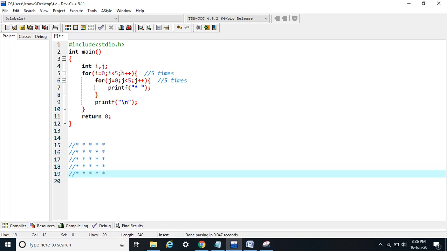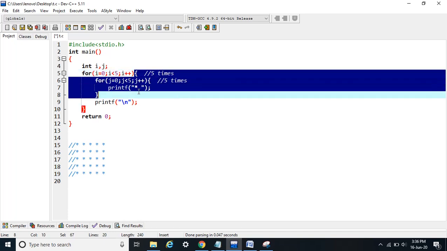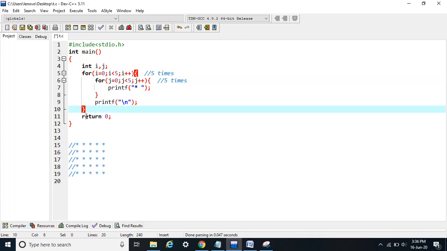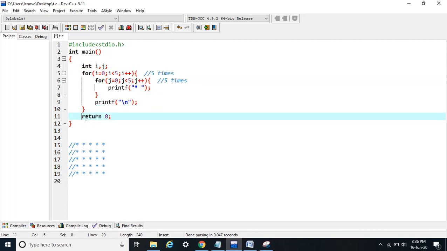After that when the value of i becomes 5, the condition will be false. So this complete part, whatever is the body of this outer for loop, will be skipped and the control will reach here, return 0. As soon as the control reaches this return 0, our program will finish and we will get this output, 5 stars then 5 stars.